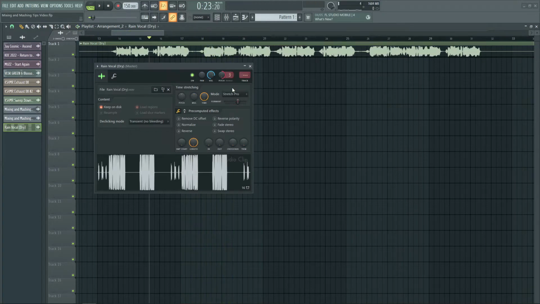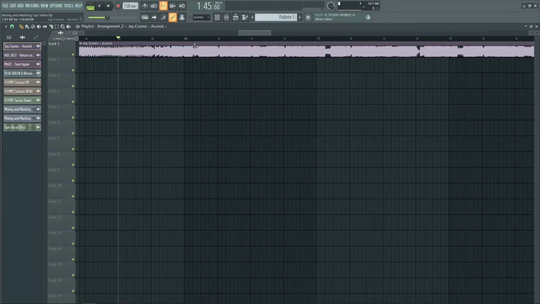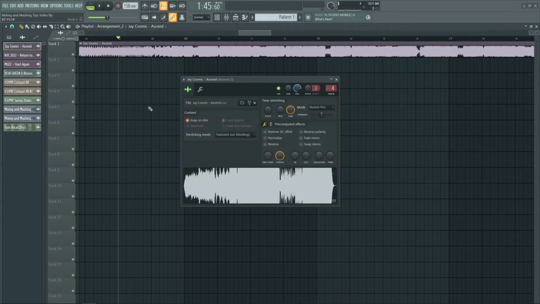So it's a very useful tool if you're pitching vocals around but you still want them to sound quote unquote natural. But as far as for full tracks like Ascend here, since the formant control is tailored towards vocals, it usually does not work as well for full tracks. So if I pitch this up 3,